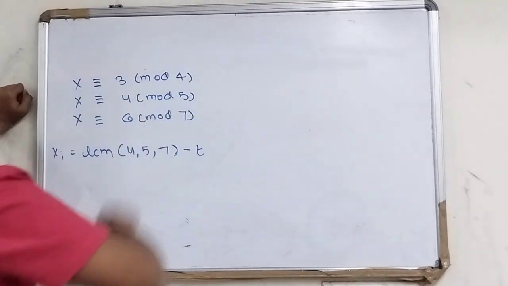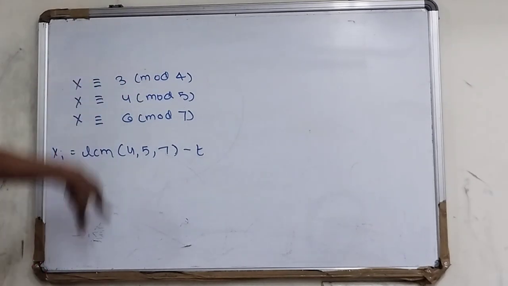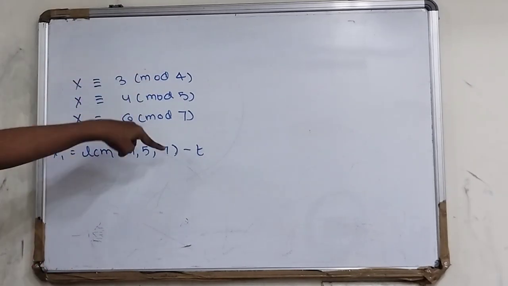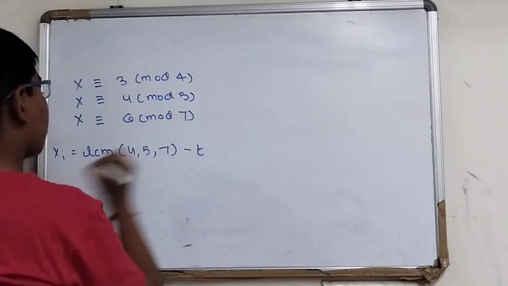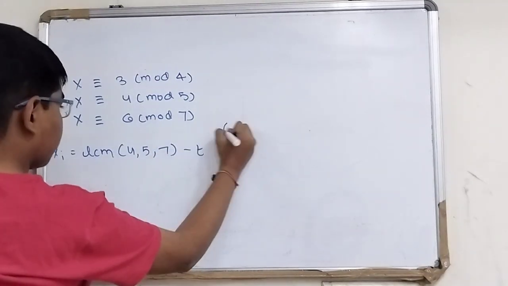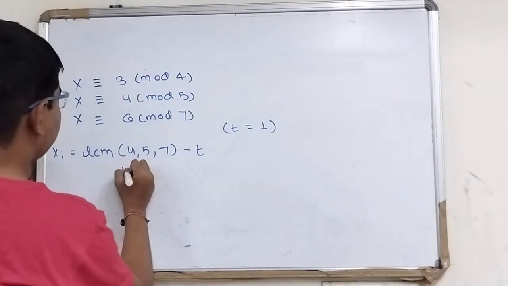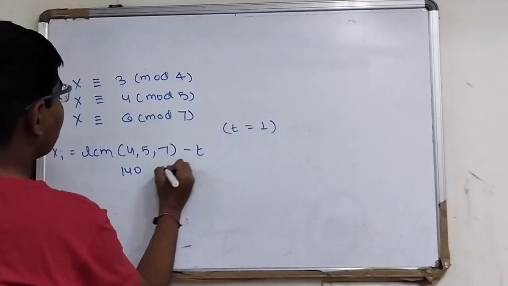What is t here? 1. It can be any difference; it can be 4 and 2, 5 and 3. It should be uniform across all three. That is why t is common here. So we know from here t is equal to 1. LCM is 140, minus 1,